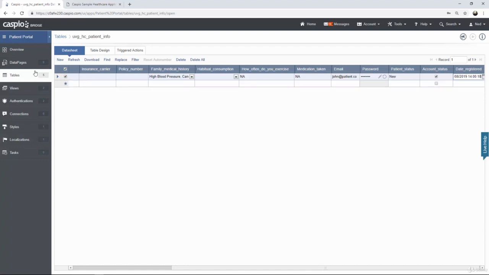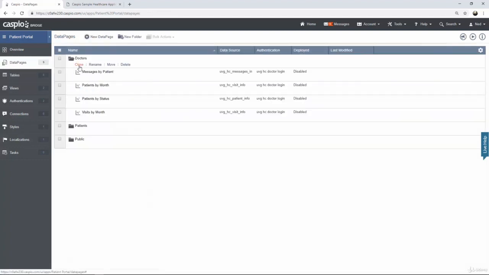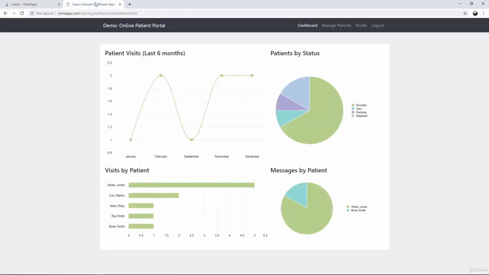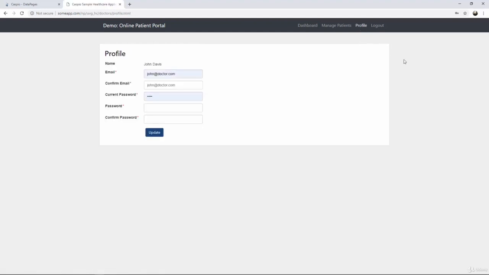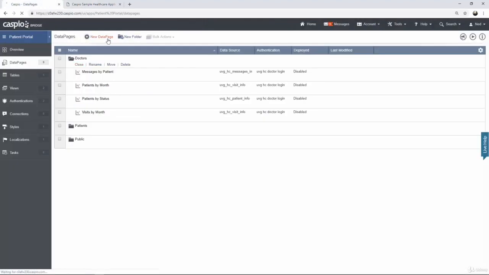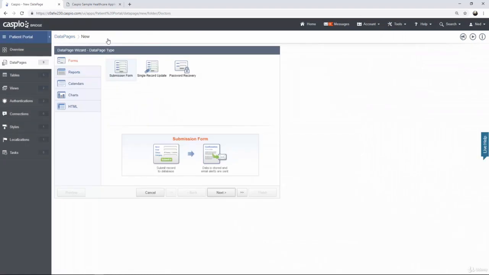Let's go back to data pages, open up the doctors folder, and let's continue building the rest of the application. The 5th data page that I'm going to build for doctors is the ability for them to update their profile. So if we look at my live example, and if we navigate over to the profile link or this web page, you will see that every doctor will have the ability to update their personal info along with their account info. So let's go back to Caspio, click on the new data page link, and under Forms, just like before,